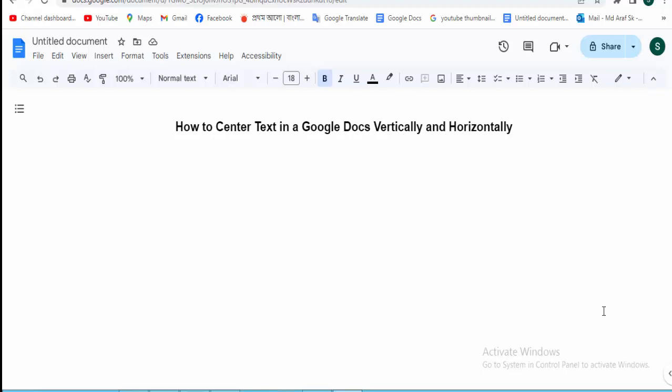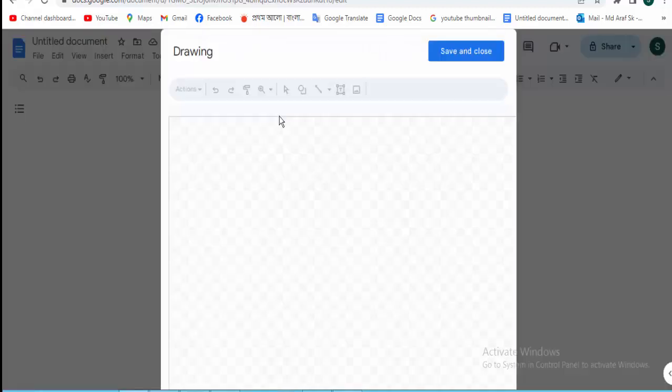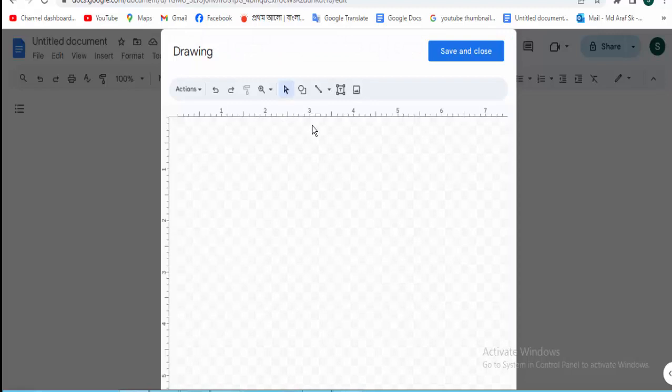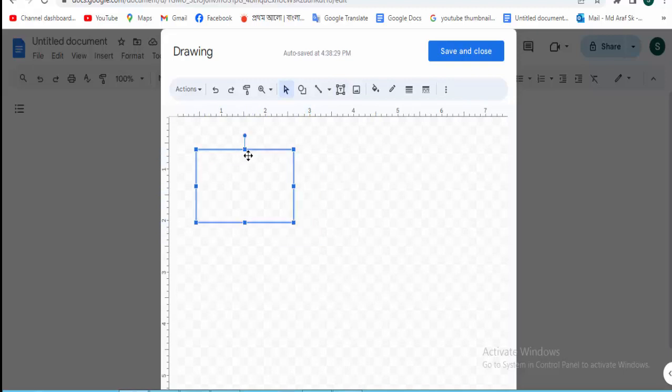First, create a text box. Go to the Insert menu option, click the Drawing option, and click the plus New option. Then click the text box option and create a text box. This text box is a carrot text, and this text is the